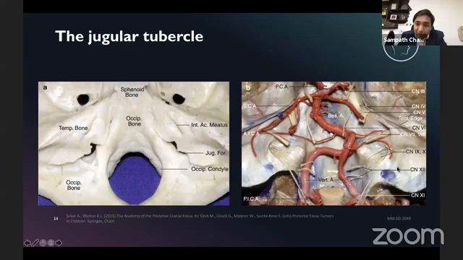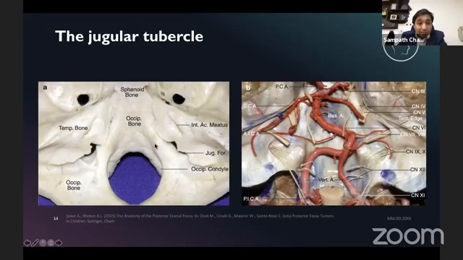Okay, so this area is now the area of the jugular process, and you see the 9th, 10th, and 11th cranial nerve medial to the jugular bulb and kind of draping over the tubercle, and just medial and inferior to the tubercle itself is the hypoglossal middle compartment. Okay, superior, middle, lower clivus is here. Okay, the occipital condyle is here.